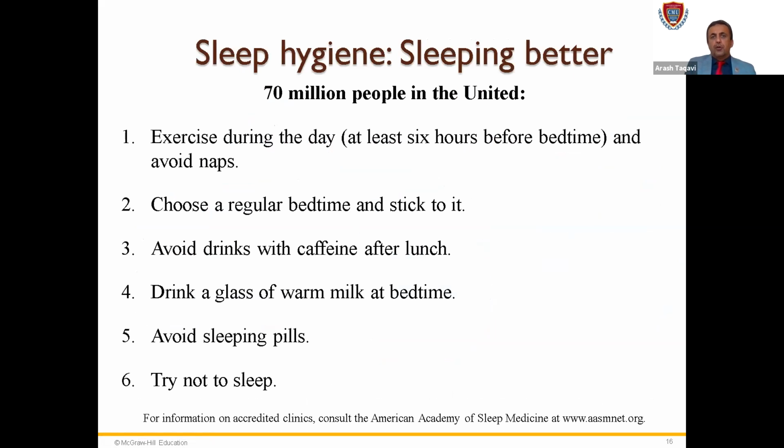So we have some orders to create a better night sleep. This is called sleep hygiene. You can find some orders in this part. You should know 70 million people in the United States have the problem of sleep. 70 million people, near 1/5 of the general population of the United States. 20%. 70 million people in the United States have problems starting a sleep and going through